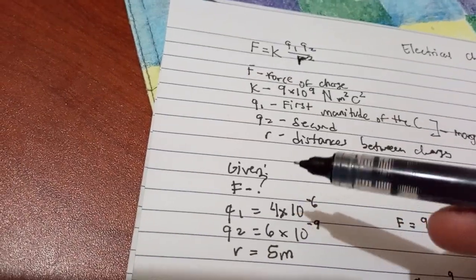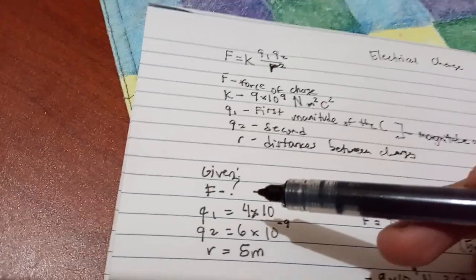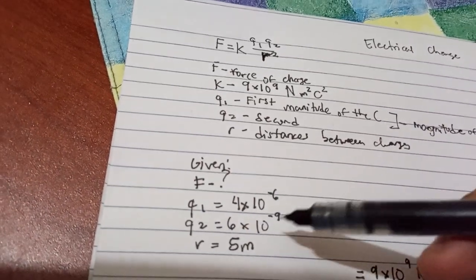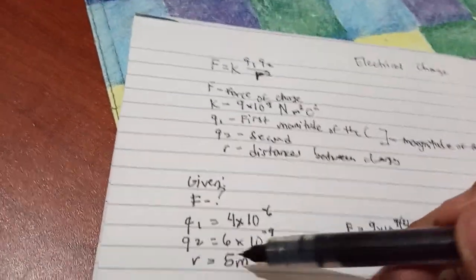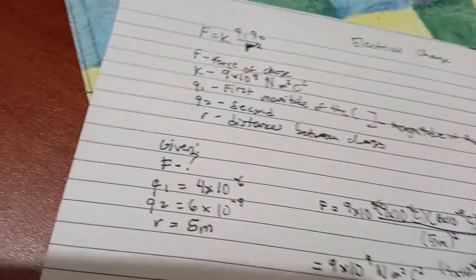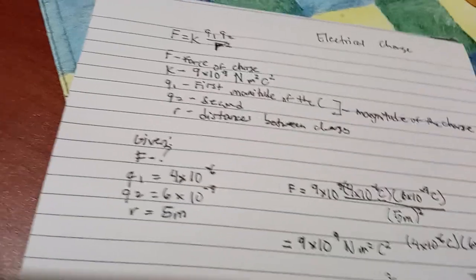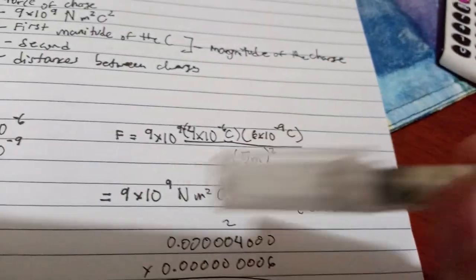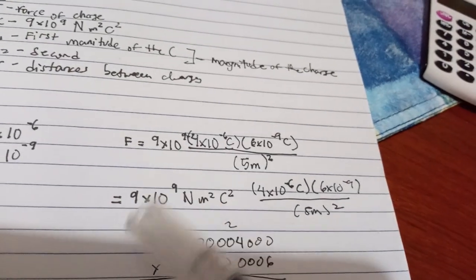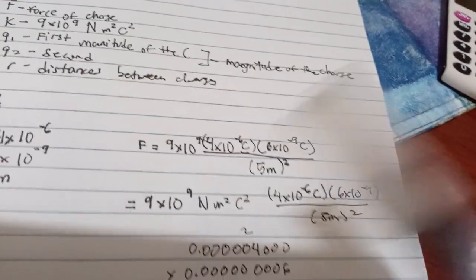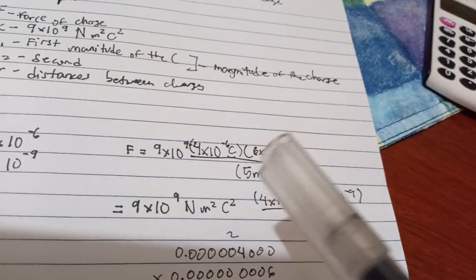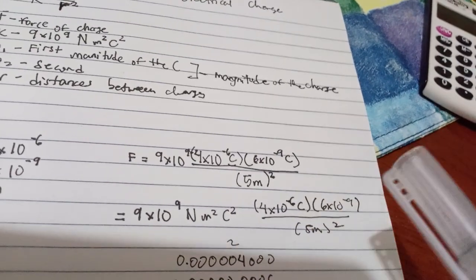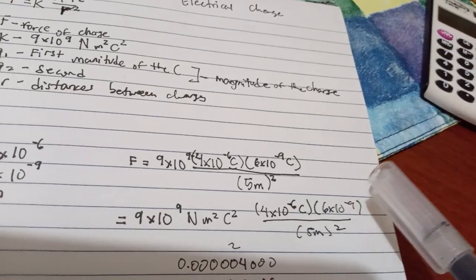So the given, we're trying to find F, would be Q1 is equal to 4 times 10 raised to negative 6, and Q2 is equal to 6 times 10 raised to negative 9, and R is equal to 5 meters. So we substitute the values, and it will be F is equal to 9 times 10 raised to 9 newton meter squared per coulomb squared times 4 times 10 raised to negative 6 coulomb times 6 times 10 raised to negative 9 coulomb